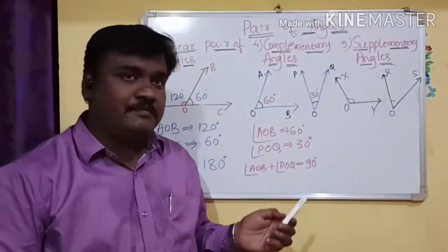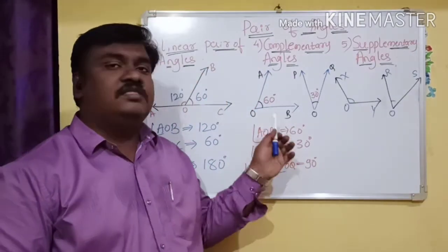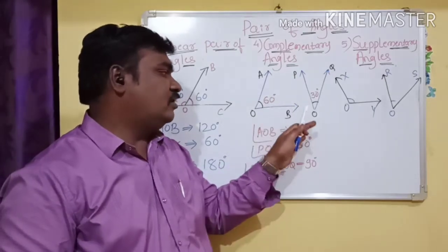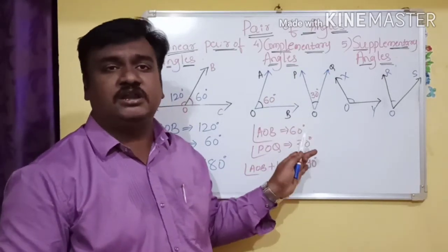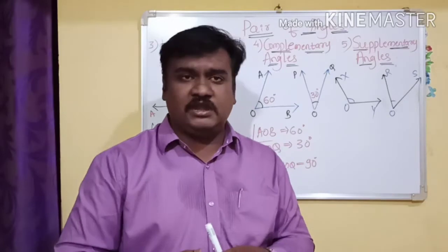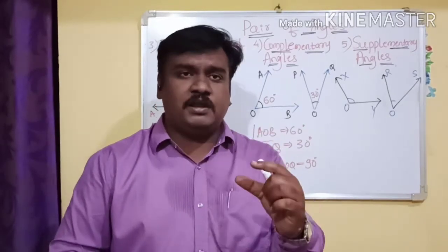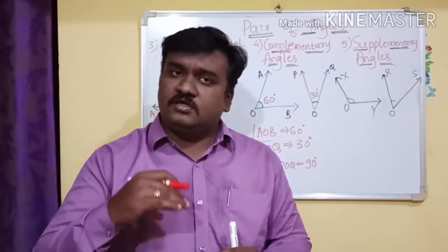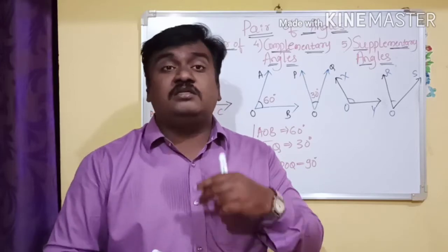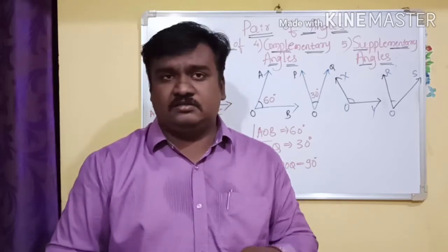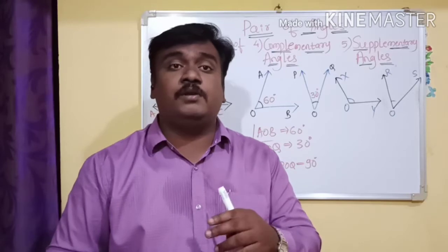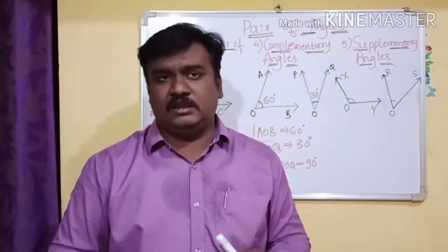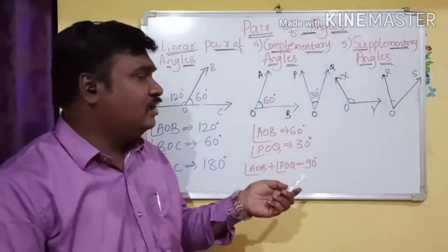So which kind of example do you get here? They will ask, the complementary angle for 60 degrees is how much? 30. You have to make a sum of 90 degrees. Remember, when the word complementary comes, you have to remember it's 90 degrees. What is the complementary for 45 degrees? It's 45 degrees. What is the complementary for 10 degrees? It's 80 degrees. In an example, we will see that in detail.